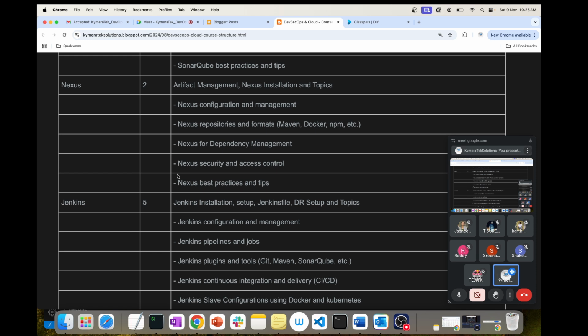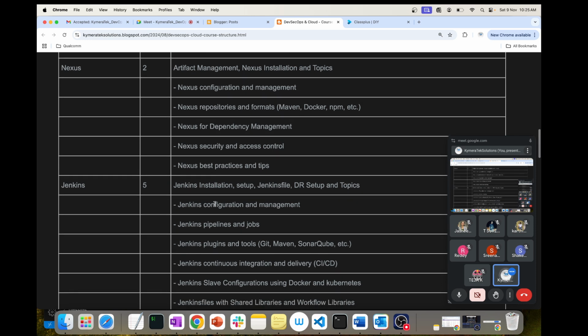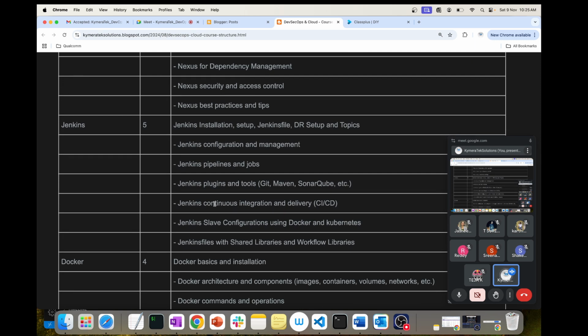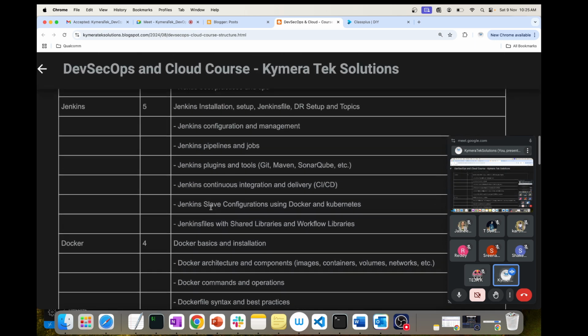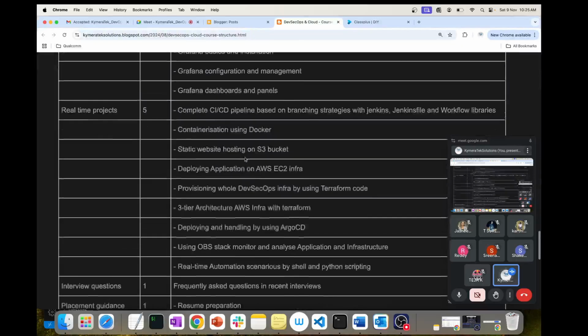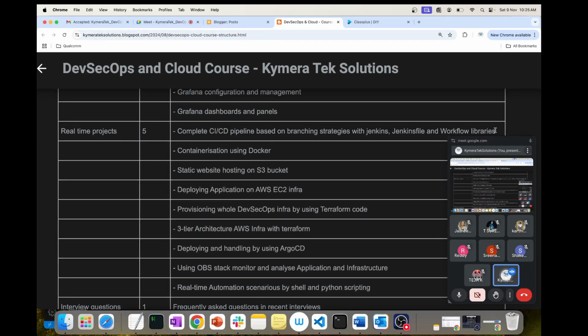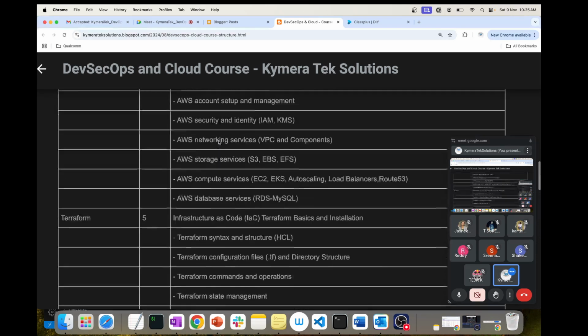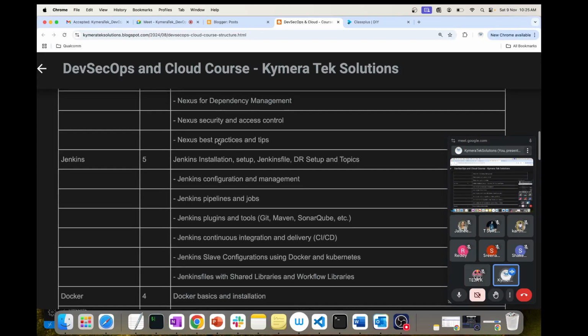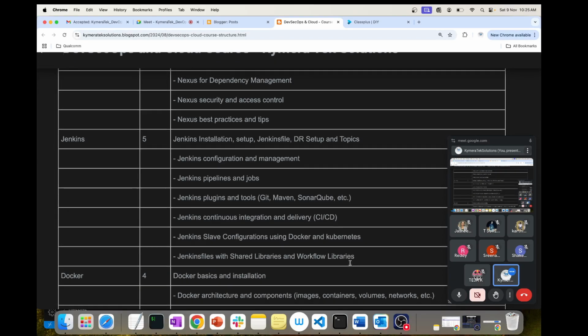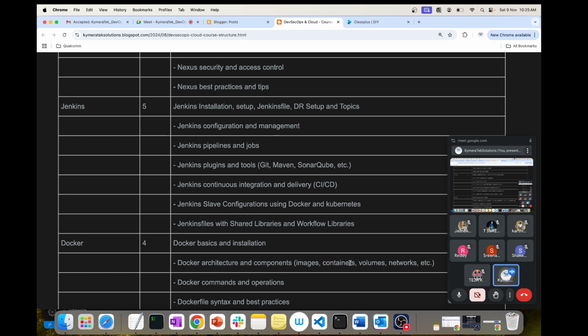That kind of thing I have set up, and you can actually see that. That's the first project. My first project covers the complete CI/CD using workflows and shared libraries based on the branching strategies. Till here CI/CD is covered, creating the artifact, that would be the CI/CD releases.